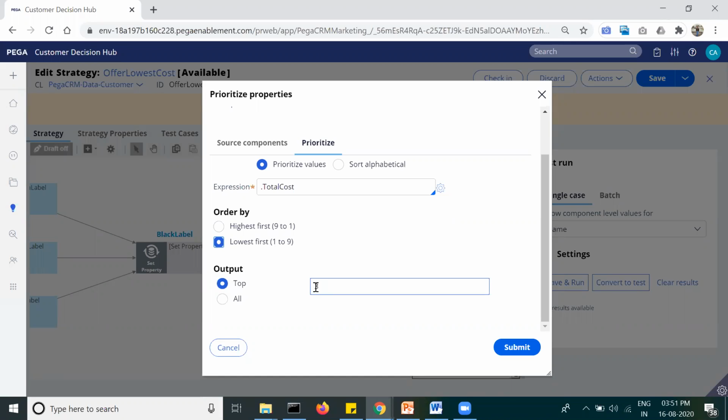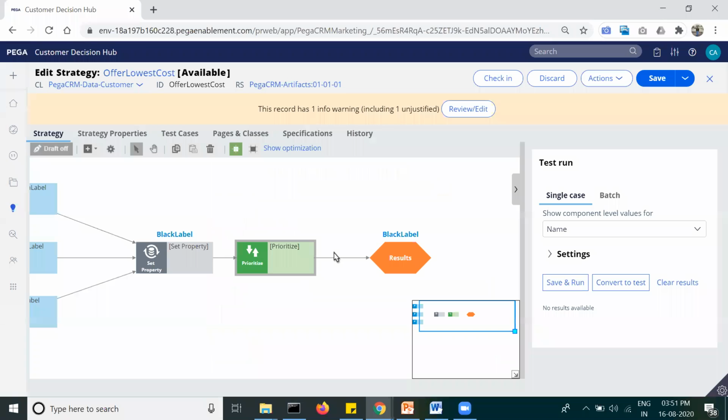Now, how many? We want to give just one, the lowest cost one, right? So top one. We have configured this, and we have already mapped the output of this shape to the input of the result shape. Let's save it